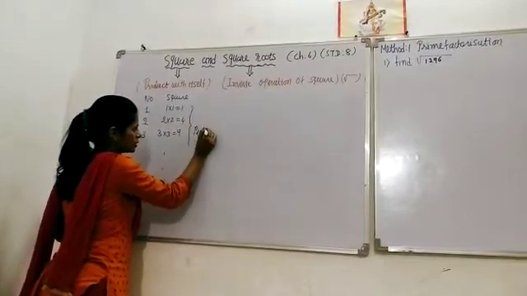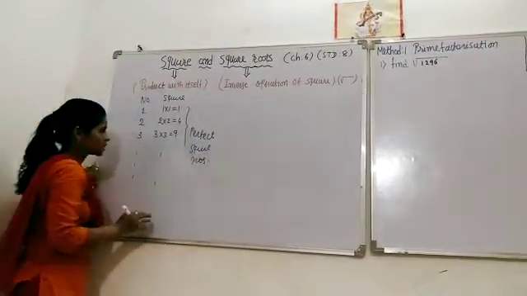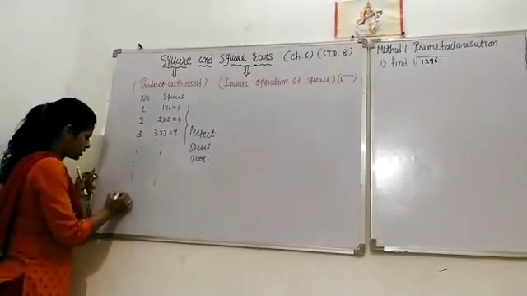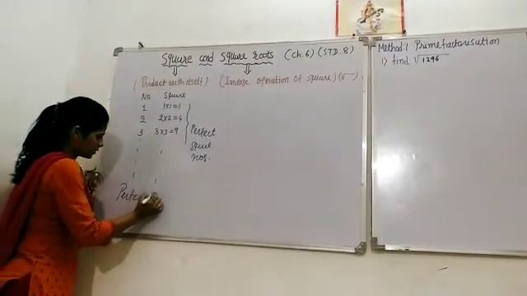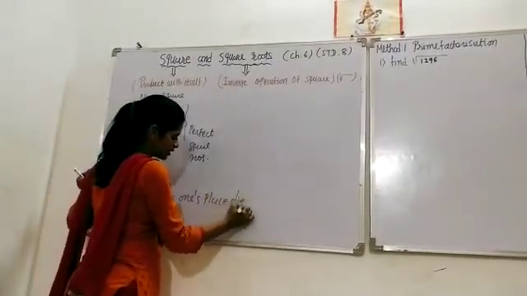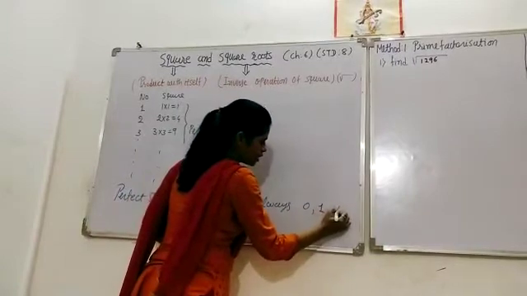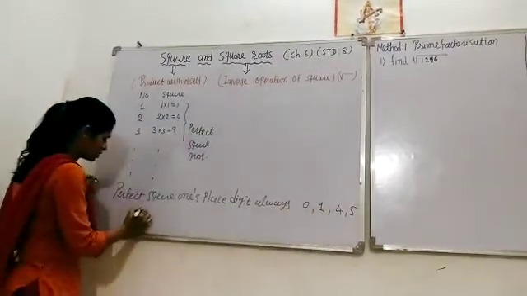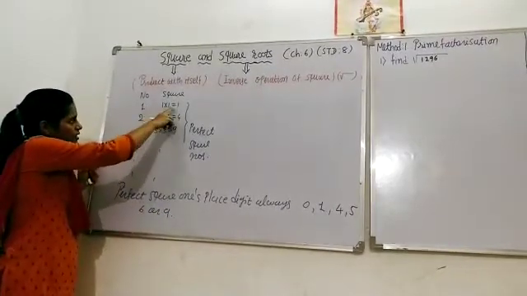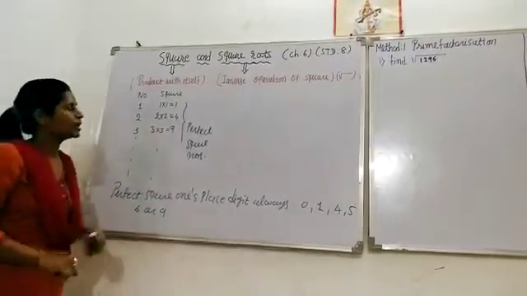That's why they are called perfect square numbers. And the ones place digit, or unit place digit, of a perfect square is always either 0, 1, 4, 5, 6 or 9. You can find it this way: 1 square is 1, 2 square is 4 because 2 2s are 4, 3 square is 9 because 3 3s are 9.